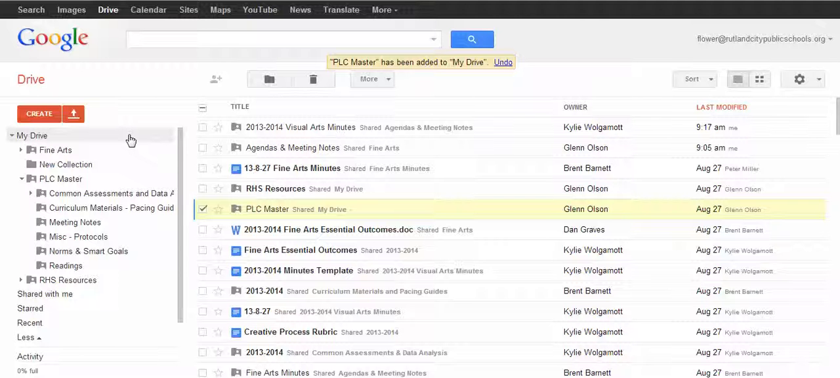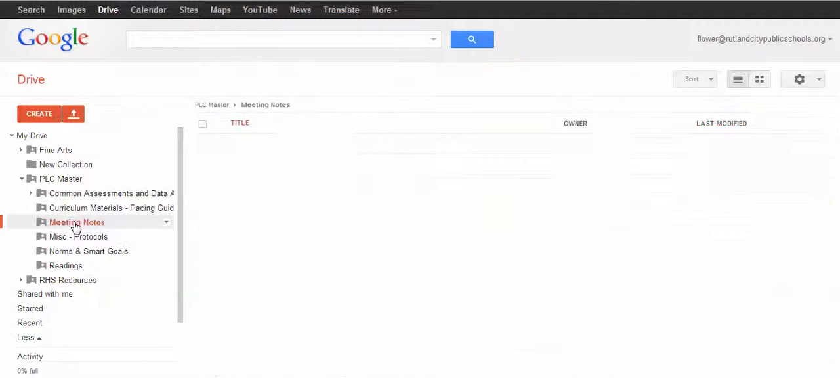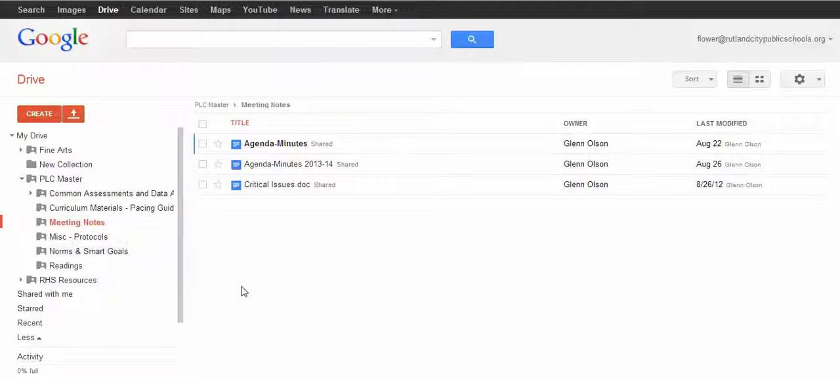Once you've done that, and I would suggest you do that with the RHS resources as well, which you can see I've already done in Fred's account, they're a lot easier to work with. So let's start with the meeting notes. I'm going to go in here and select the Agenda Minutes 2013-14. This is the form that we should be using this year. I'm going to open that up,